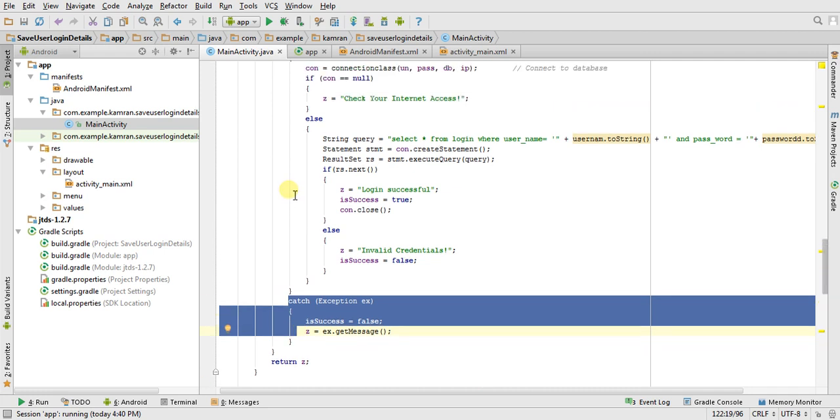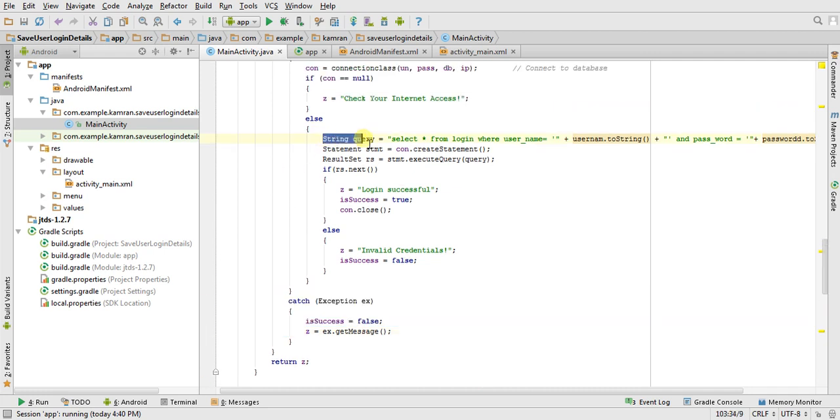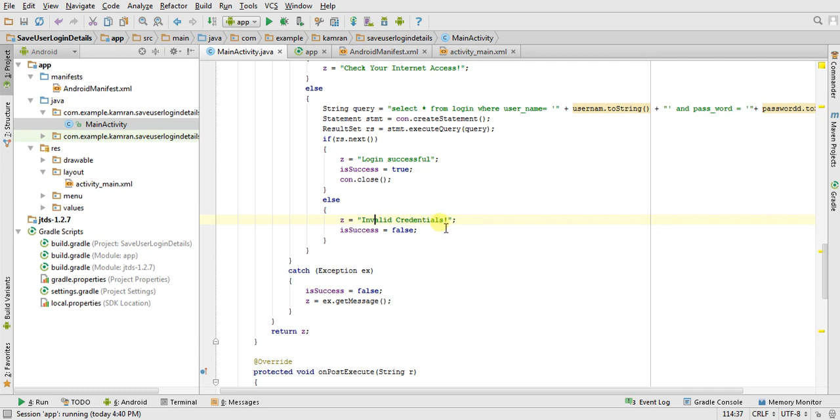Here it would compare the entered username and password with the username and password which are stored in the database. If it is successful, then it would show login successful. If it is false, then it would show invalid credentials.